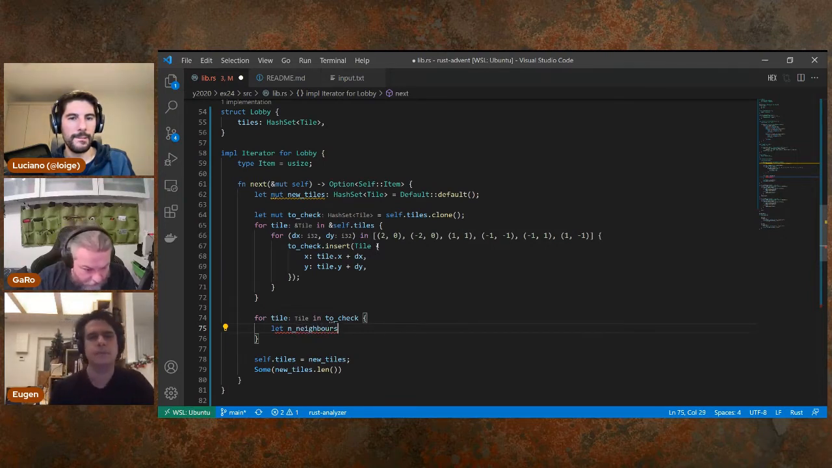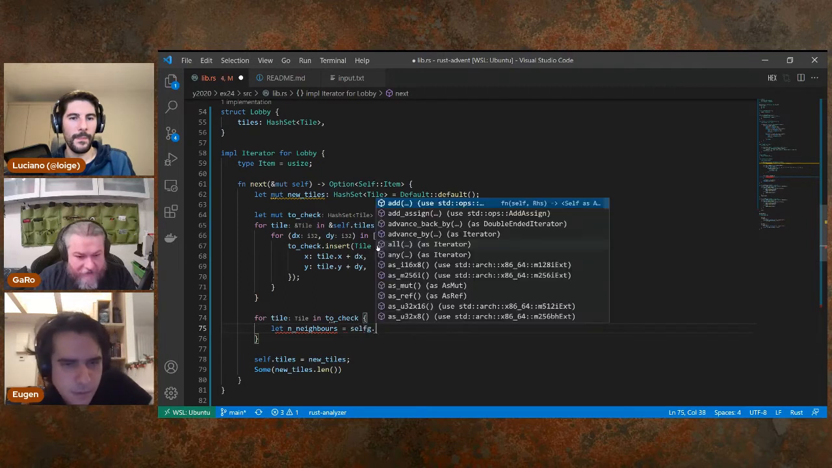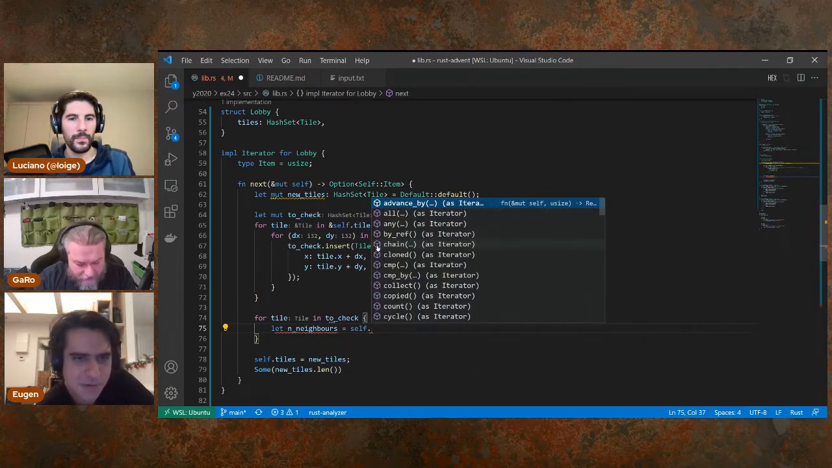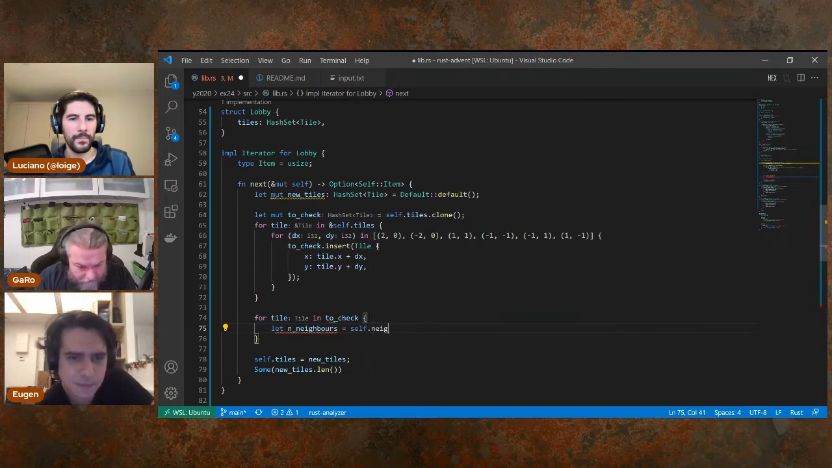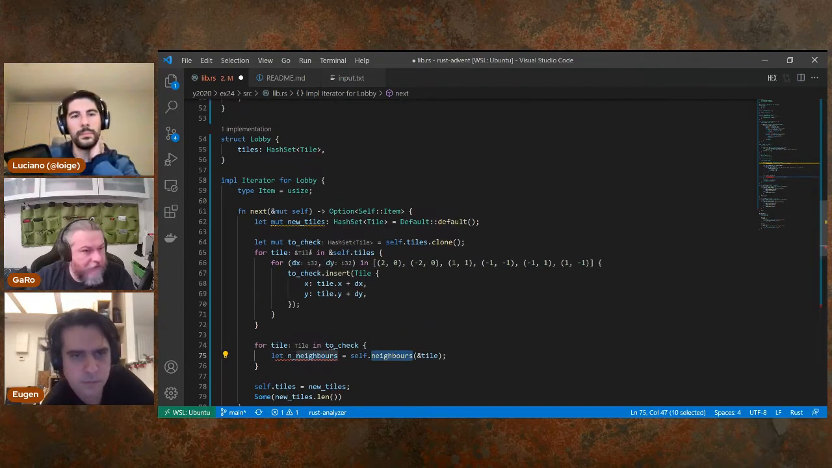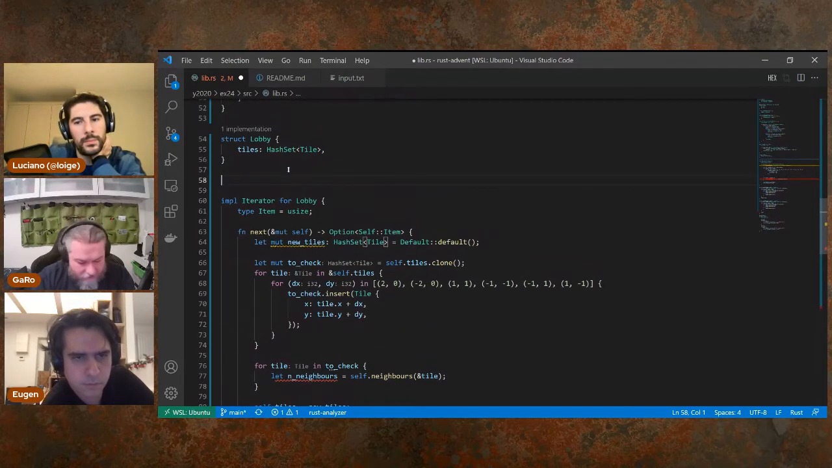I wrote neighbors correctly. I have no idea. Self. Looks right. Source of a tile, but now we have to send a reference because we don't want to consume it. Yeah, good one. Okay, let's implement this function. Are we implementing something for lobby? No. So implement